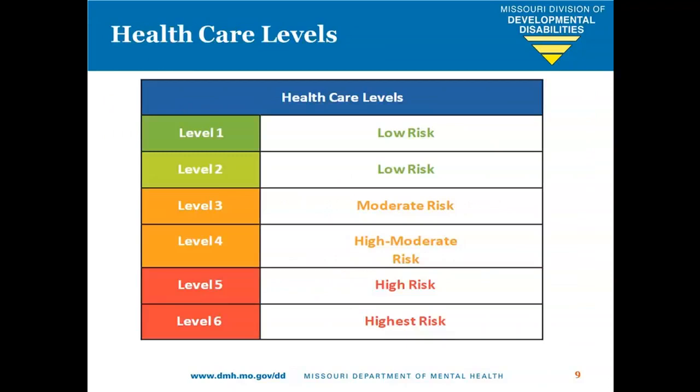That's what the healthcare levels are. Ones and twos, very low risk. The person may not have too much going on health-wise or behavioral-wise, just kind of routine. Then moderate risk or high moderate risk. I found it fascinating because the moderate risk individuals, they may fly under the radar, and